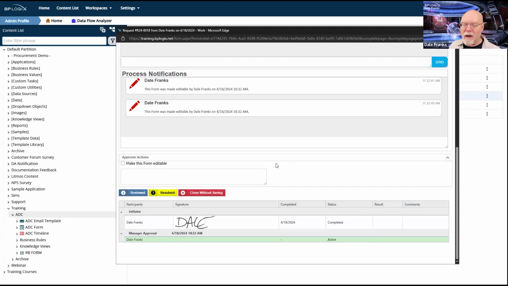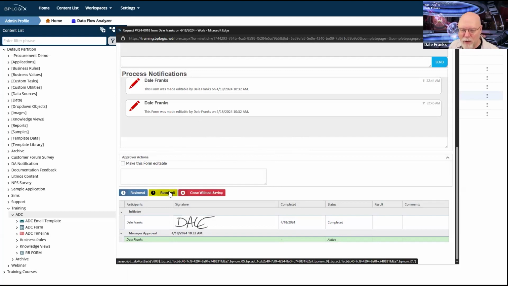So now I know that the form was made editable. I now remember that there was an issue with this, and we're probably going to want to fix that so that it only happens when I make the form editable, not when I turn it off. Right now it's happening every time it clicks, but that's fine. That's a condition fix that we can do real quick.